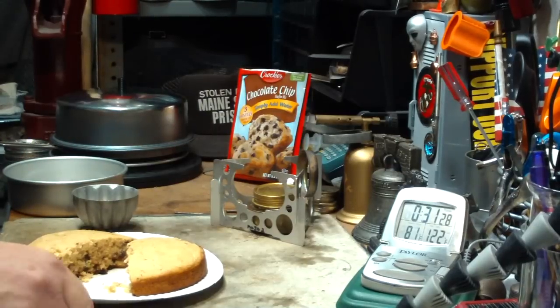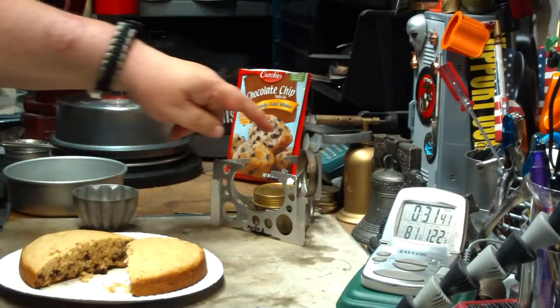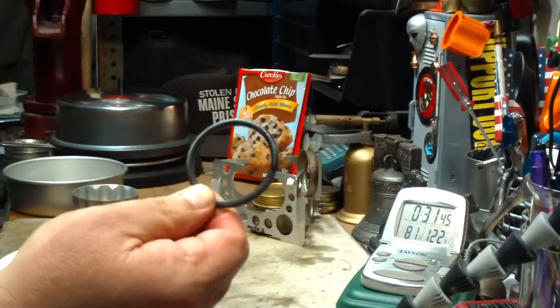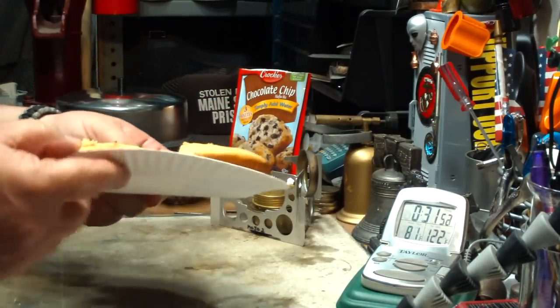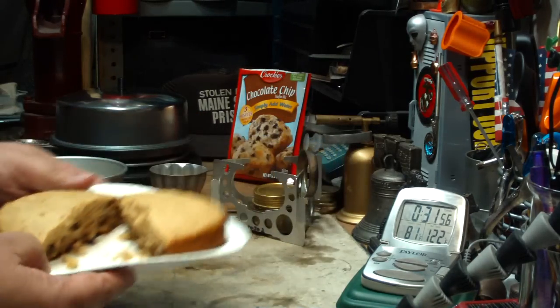The Trangia was a little hard to put out. There was still alcohol in it. So with the simmering in the way, it just didn't want to go out. But what I ended up having to do was lift up the simmering part, take the O-ring out of the lid. Remember, always take out the O-ring. And I dropped the lid on there, and then I was able to blow it out. So that's a Betty Crocker chocolate chip muffin using the